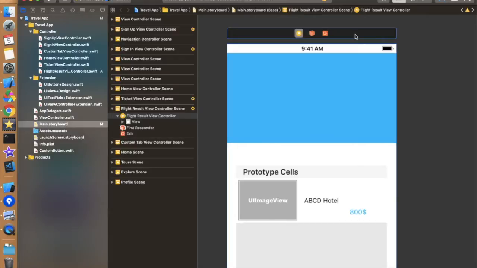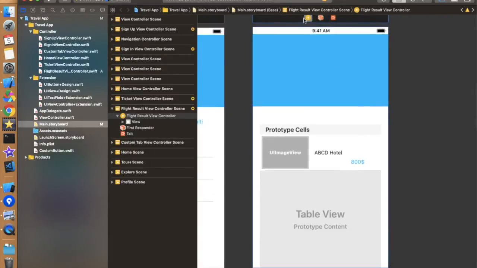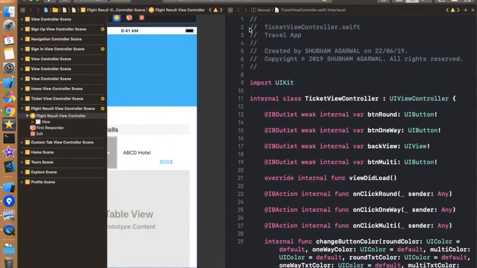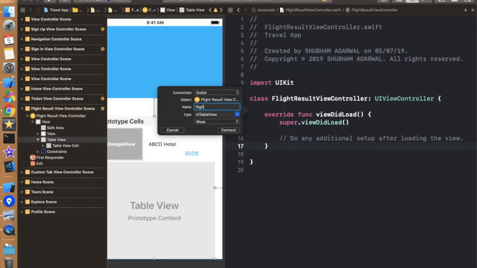I've just restarted my Xcode, and now things are working completely fine. Now let's move to the flight result view controller. Now let's take the outlet for this table view, or we can simply use result table view,